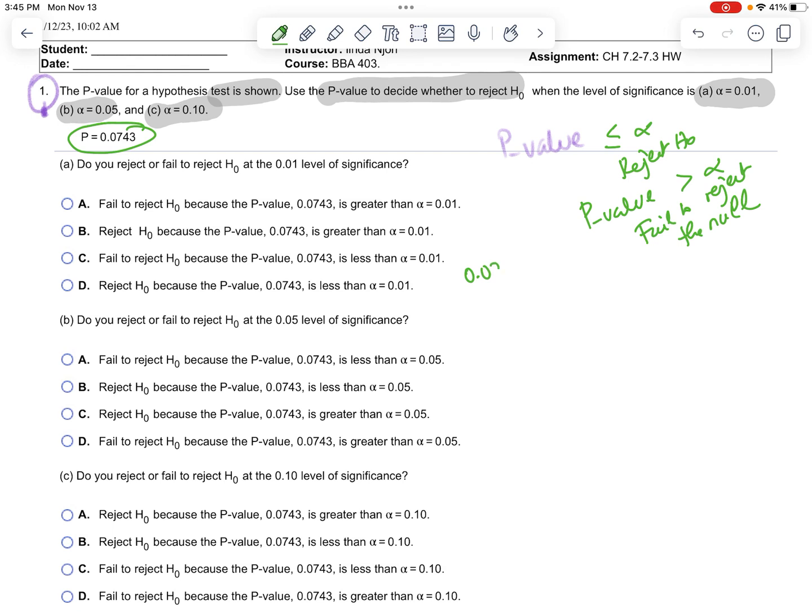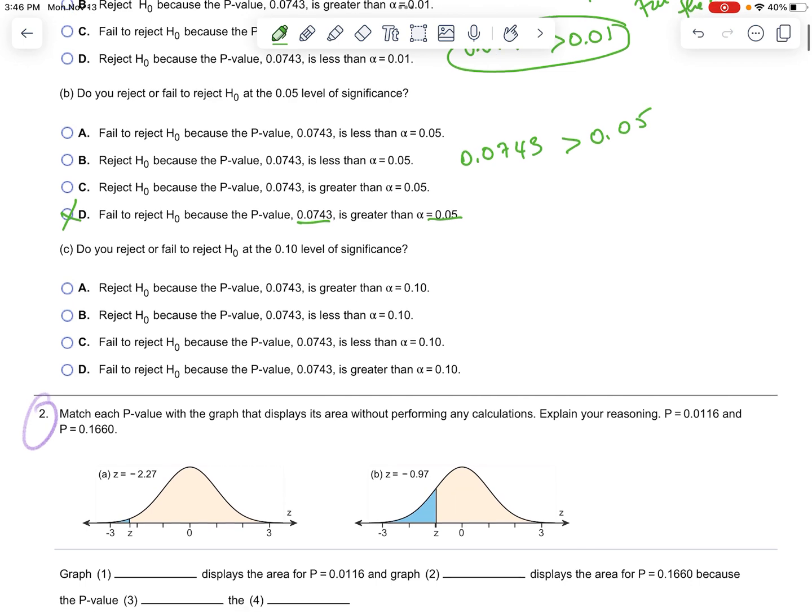So p-value 0.0743. This is going to be greater than 0.01. So we're going to fail to reject the null because the p-value is greater. Over here, 0.0743 is still greater than 0.05, and we're still going to fail to reject the null, right? Because the p-value is greater than alpha. And finally,